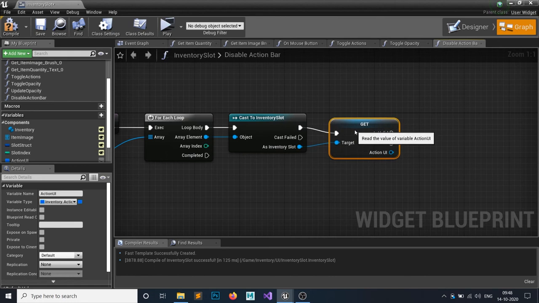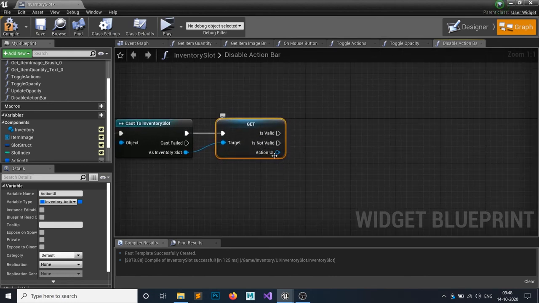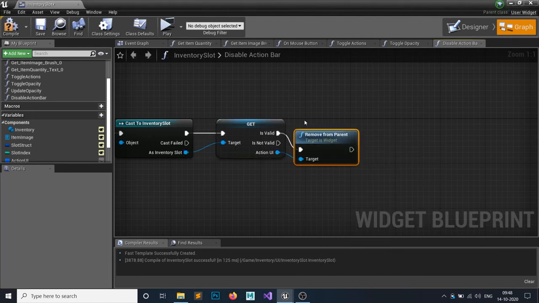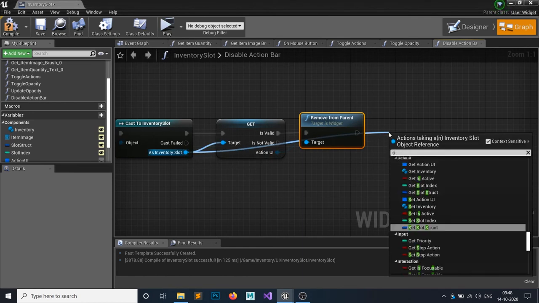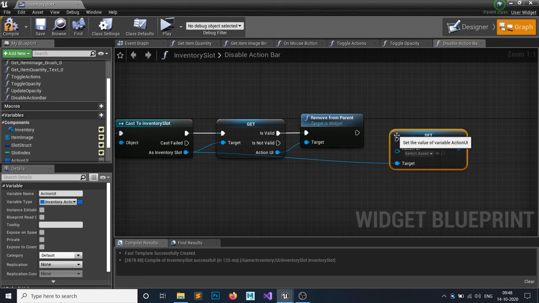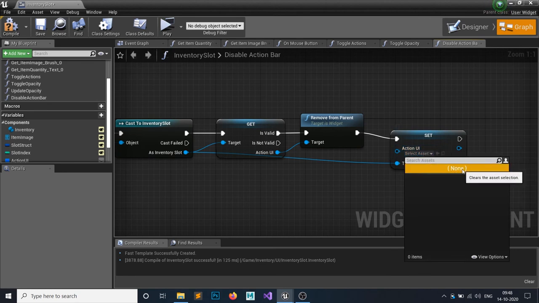So if it's valid, then we want to remove it. So remove this from parent, and after that set the action UI to false, I mean null. This means null. If you don't set any asset, you can see a little none here.